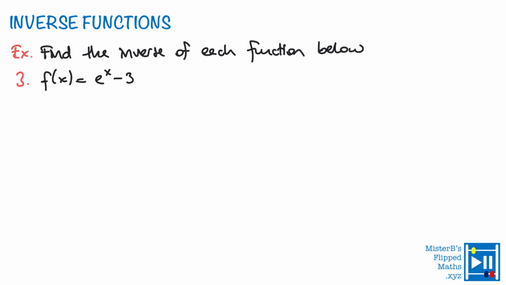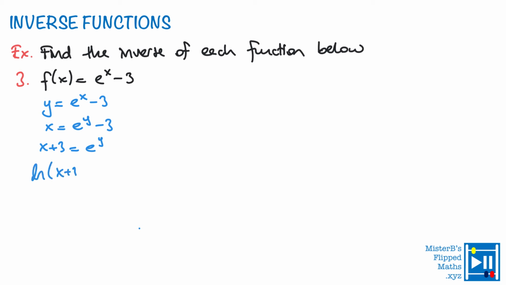Now let's look at this one. Here I'm going to start writing with y equals e to the x minus 3, and swap the letters. x equals e to the y minus 3. Now from last year, we have to remember that logarithmic functions and exponentials are inverse to each other. So after writing x plus 3 equals e to the power of y, I am going to take the ln